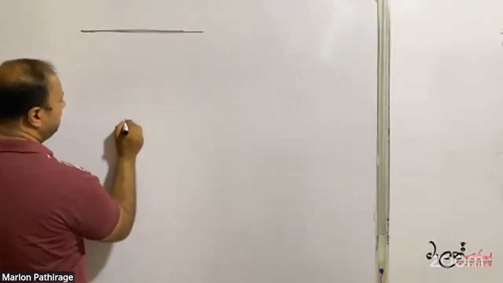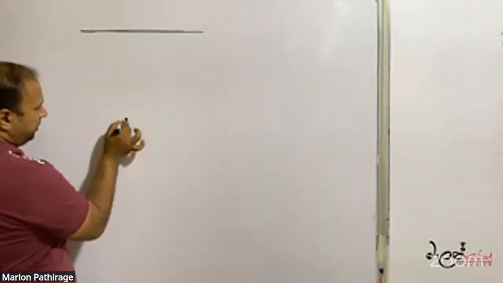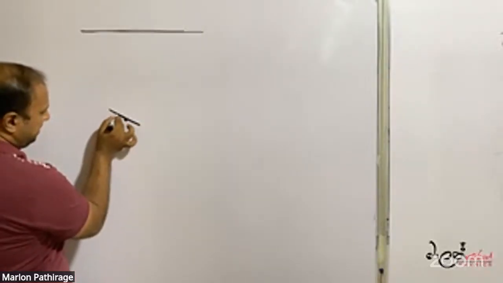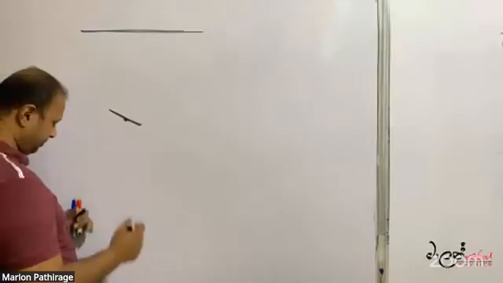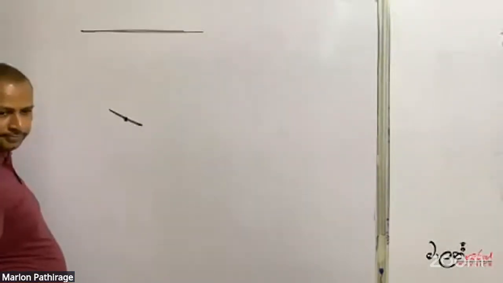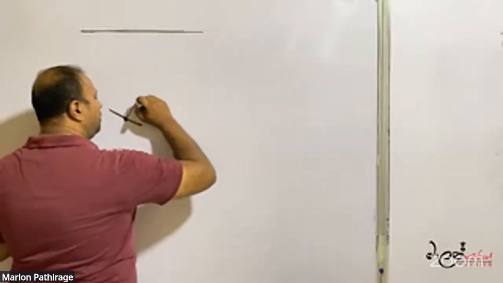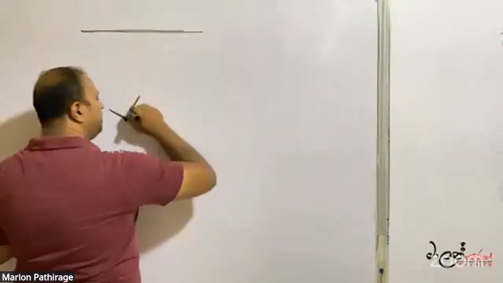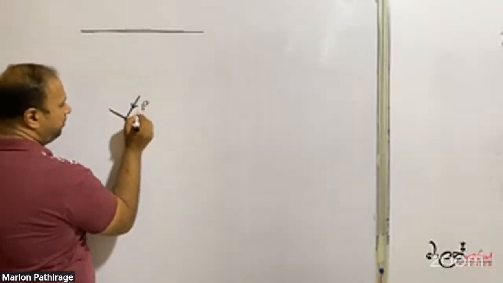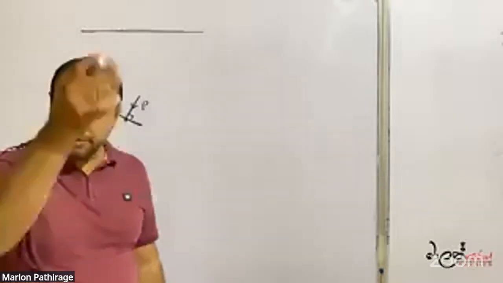Now, if we consider this kind of position, suppose we keep this kind of surface at that point, definitely the pressure exerted on the surface should be perpendicular. The force exerted on the surface should be perpendicular to the surface. The surface is perpendicular to the pressure gauge,